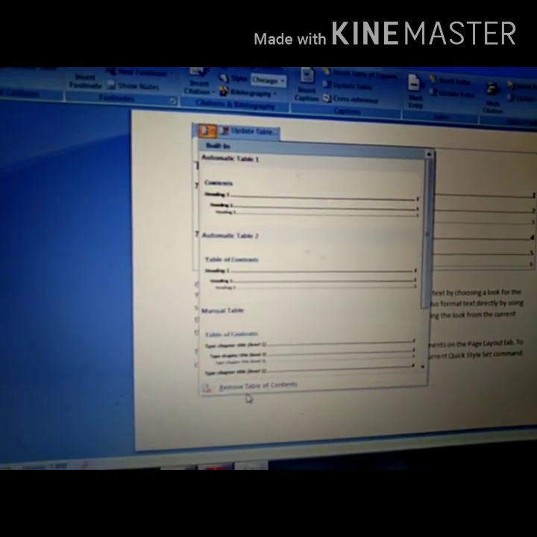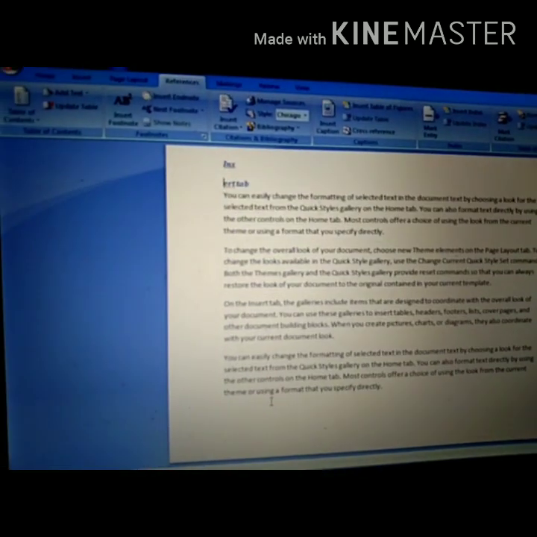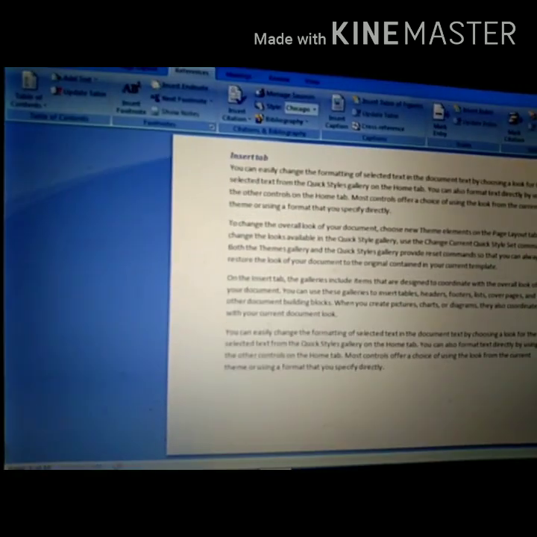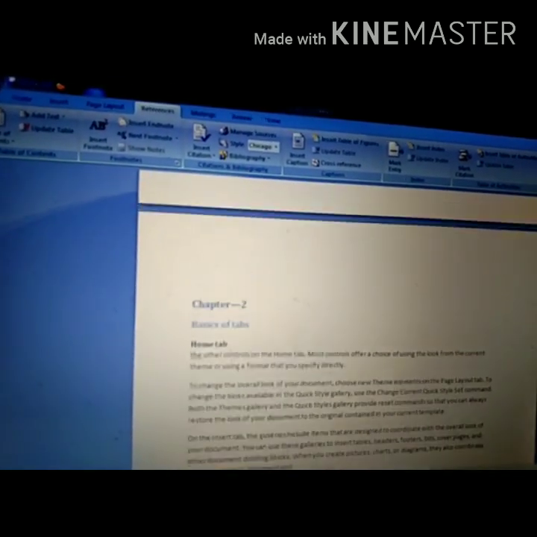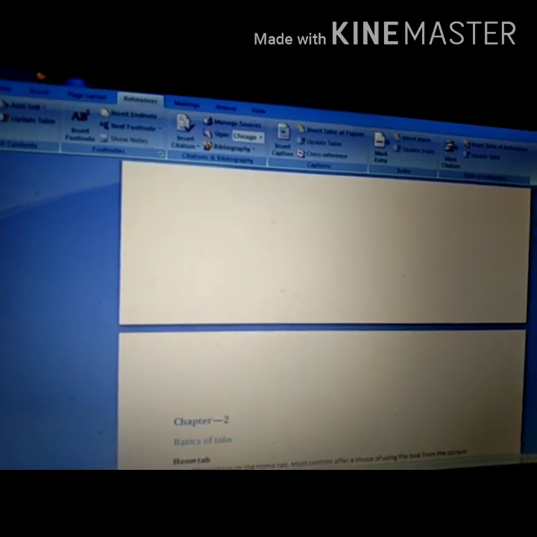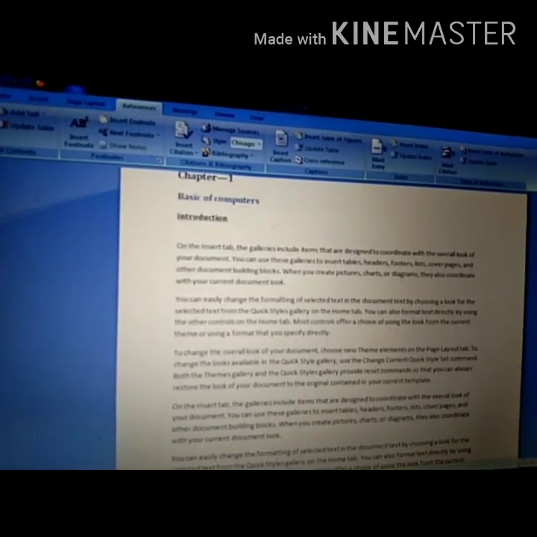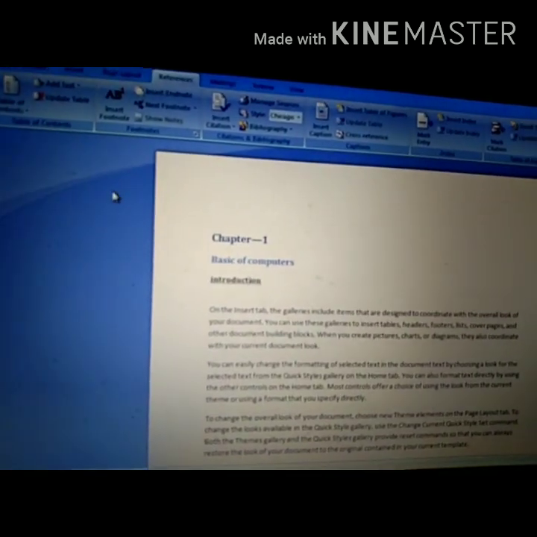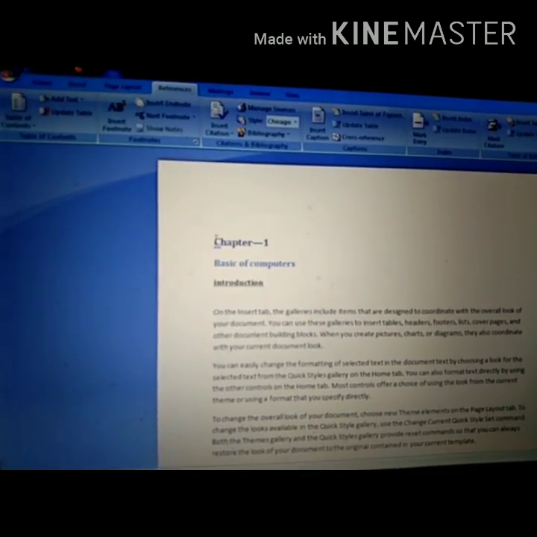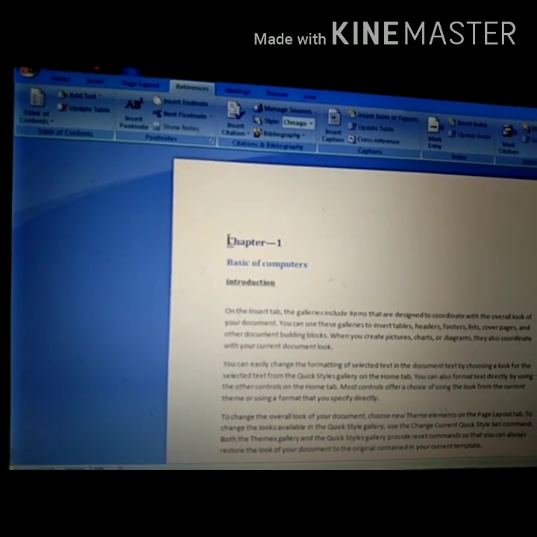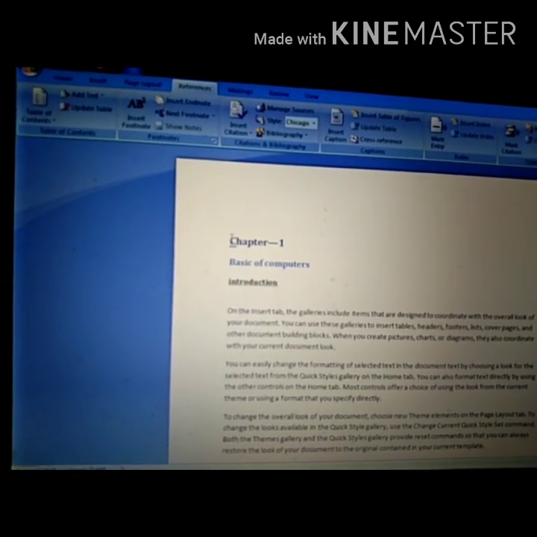So first I am removing this table of contents. Now we will start by inserting the table of contents at the beginning of the document. So we will go to the beginning of the document. In total I am taking 10 chapters, dividing this content into 10 chapters, and I am taking this content with the rand command. Rand means random. I want to insert this table of contents.